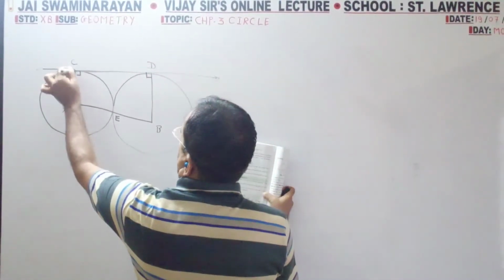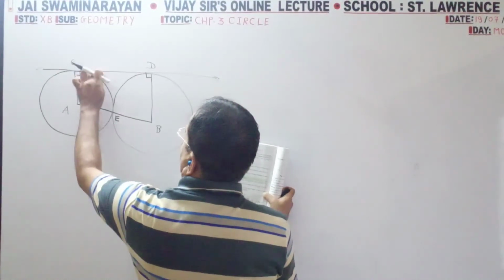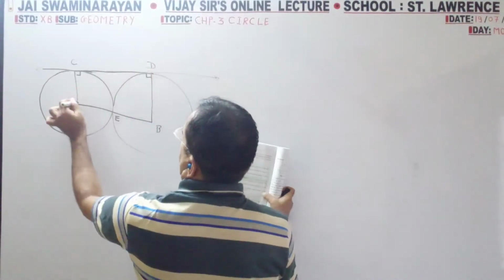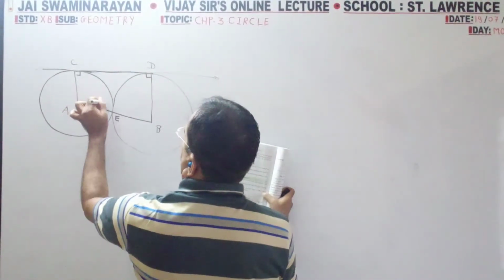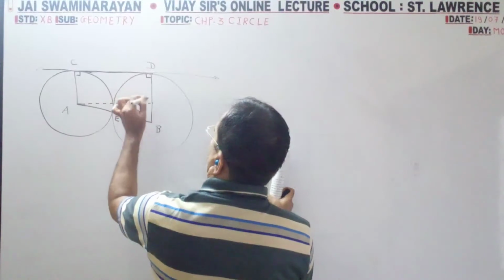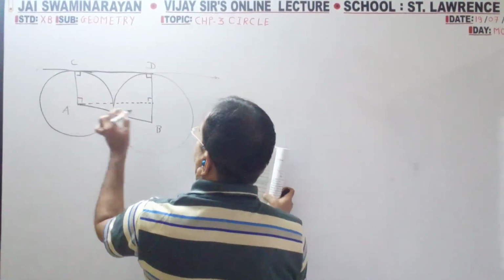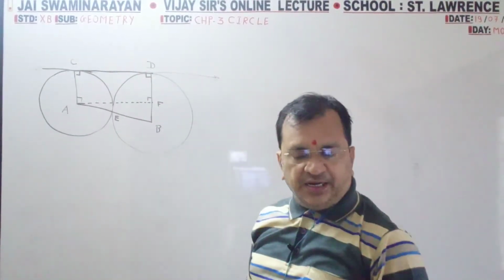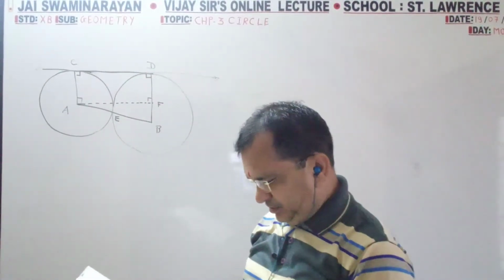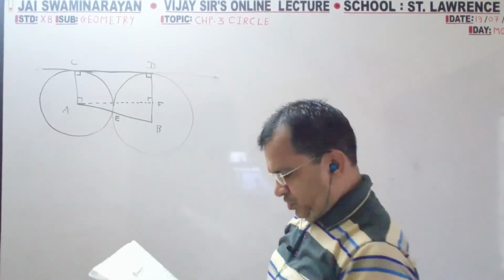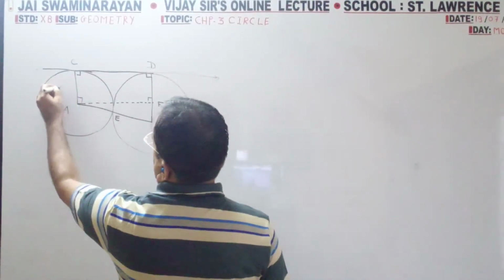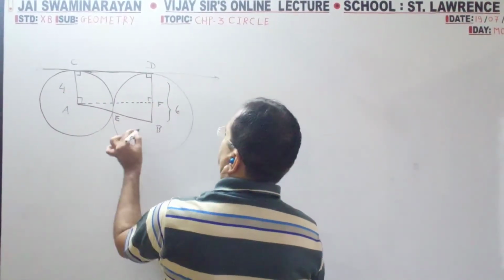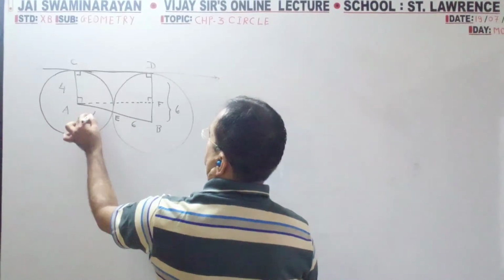So compared to this line, it's very slippery. To this line, we will draw a parallel line. So this will be 90, this will be 90, this will be F. So this part will be a rectangle. The radius is given 4 centimeter. This is given 6 centimeter. So this is 6 centimeter. So this is 4 centimeter.